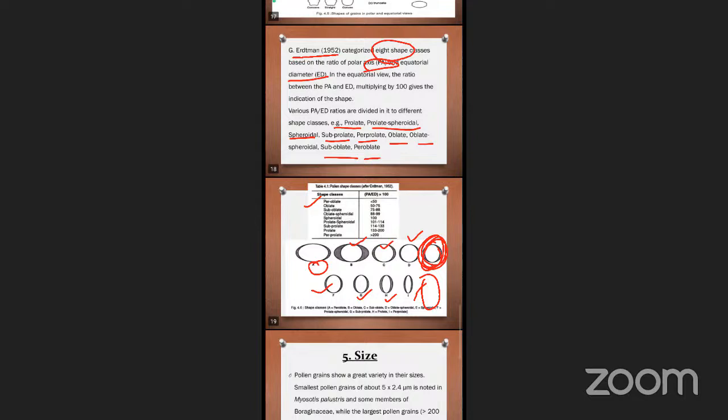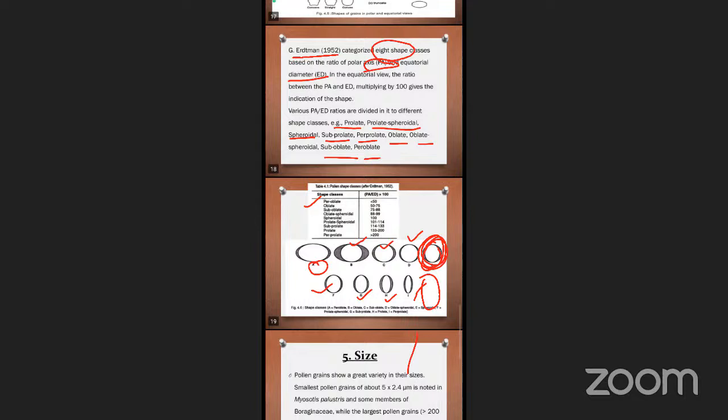So the size is also taken into consideration for plant identification. The pollen grain shows great variety in size, from smallest to largest. The smallest pollen grain is noted in Myosotis, which is present in the Boraginaceae family. And the largest pollen grain is present in,